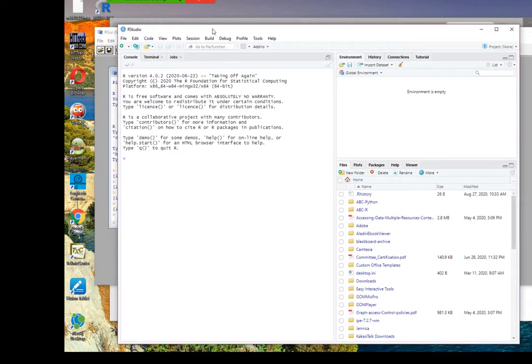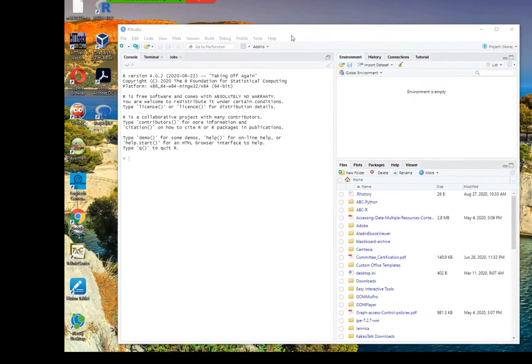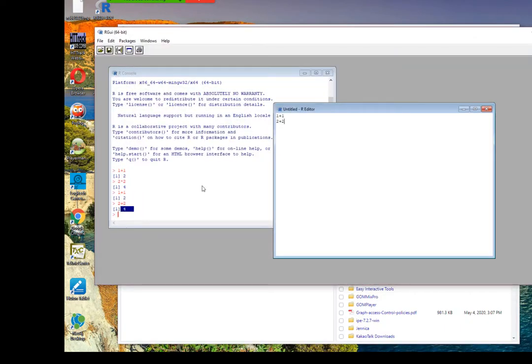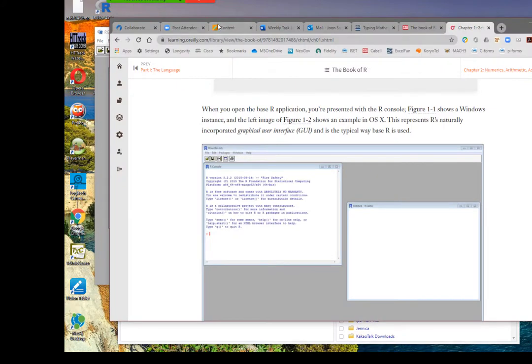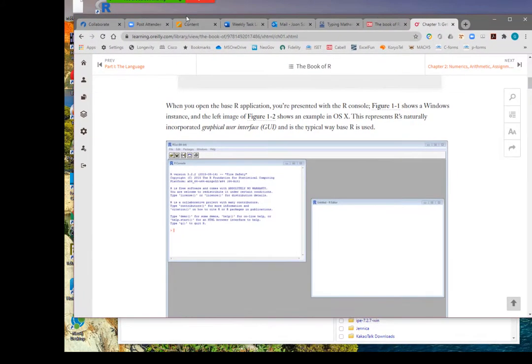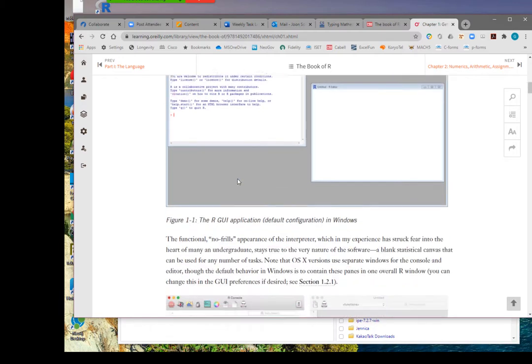The real engine is R. So you first need to install R, then install RStudio, this interface. That's the R package.